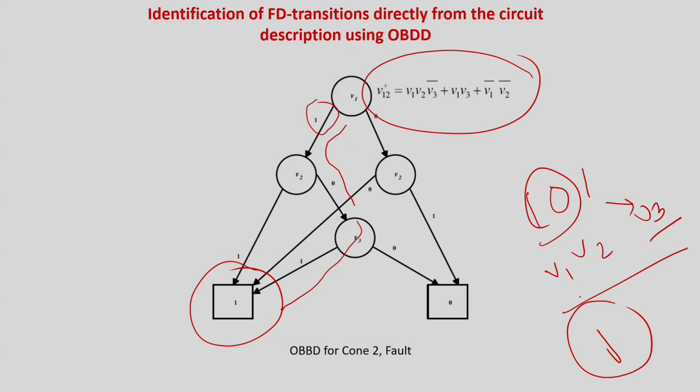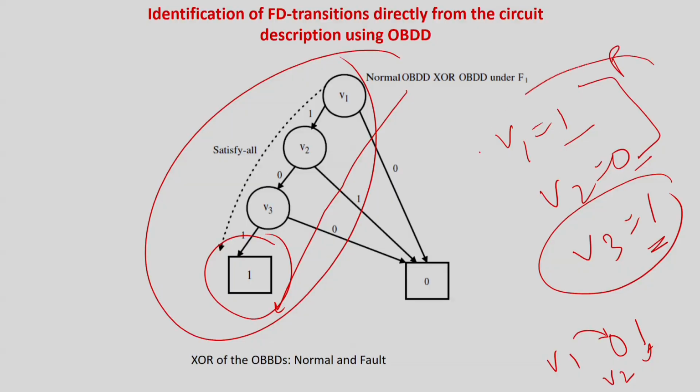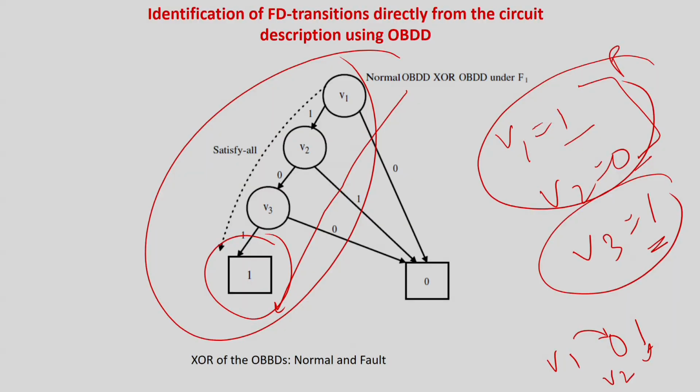Similarly, if I want to find out what is under error, what is going to be the value? Again I am just telling you that this part tells you that this is the input condition in which case the error can be detected. That is V1 equal to 1, V2 equal to 0 and V3 equal to 1. But what is the impact, or how the output is represented, is not told by this BDD. That is, if I apply 101, the present state and the input, the error can be detected or differentiated. But what is the output? I have to find out.